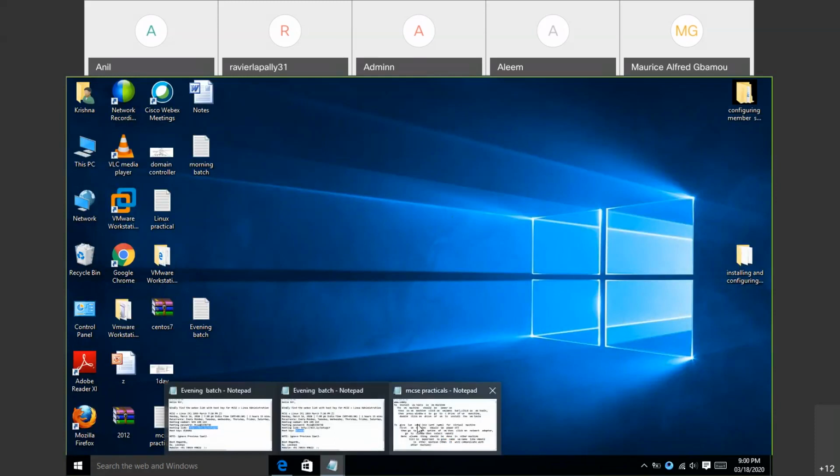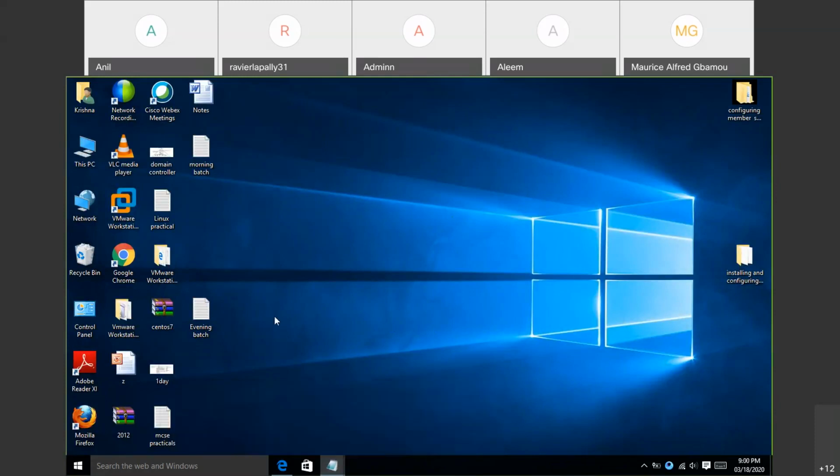Now, to make you understand the practical easily, I have written the practical steps in a notepad file. I'll share it once we get the confirmation, because for a few days our session will be a demo. Once they finalize from whom they receive the full payment, they'll reset the password again. After that, I'll be